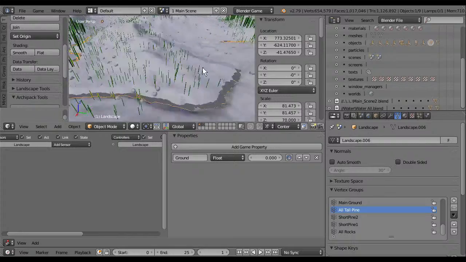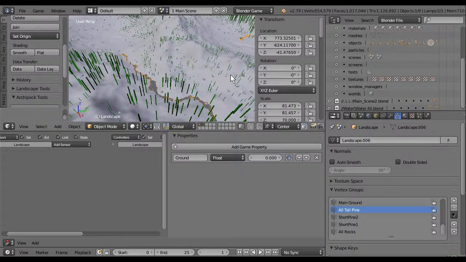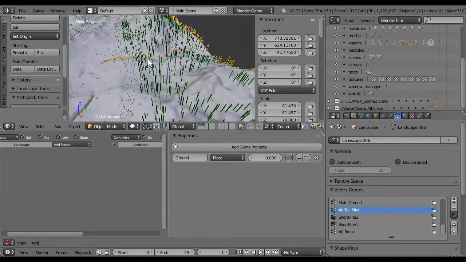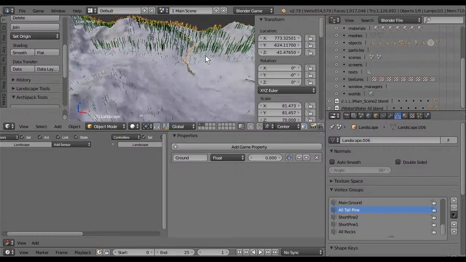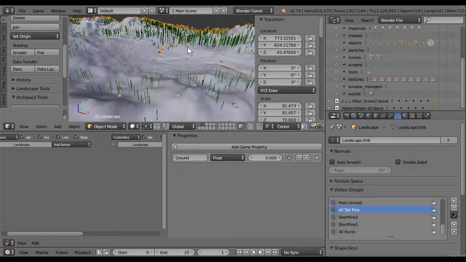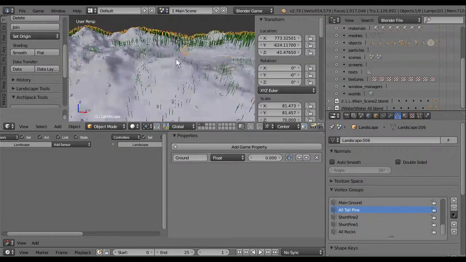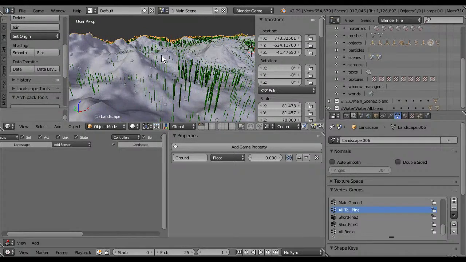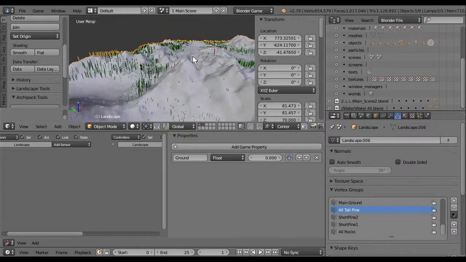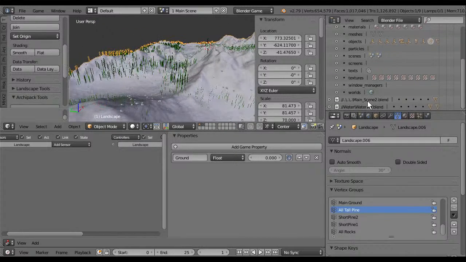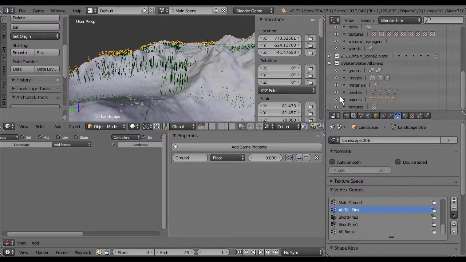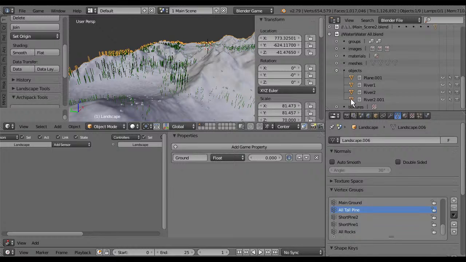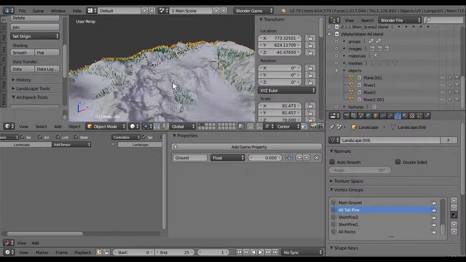Hey, what is this link? Oh, I didn't make it a link. This is local. So the river and water are local. I don't quite remember why I made it local. Here it is still in the file, we just link here. I can even select this.